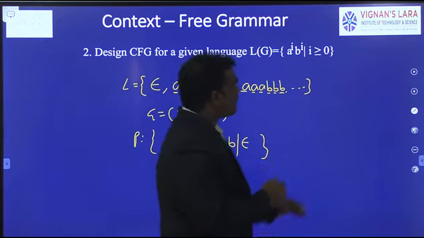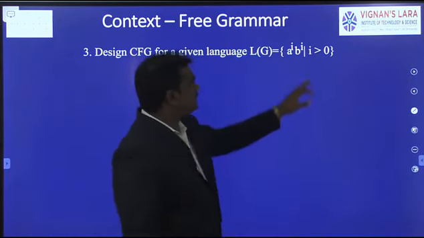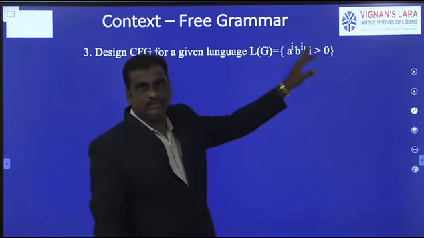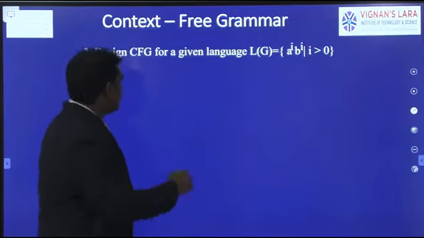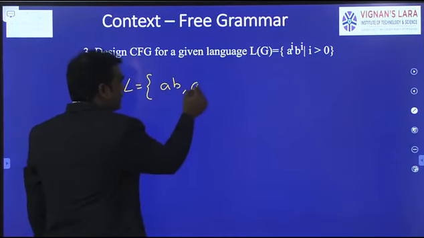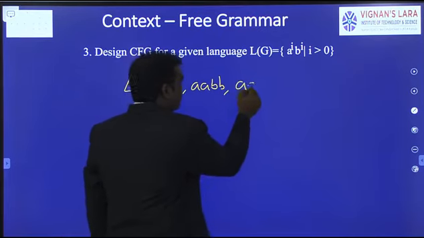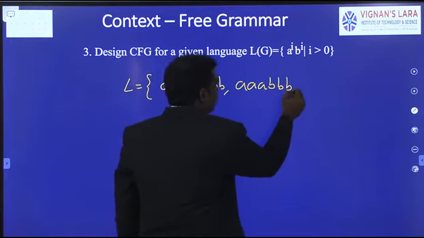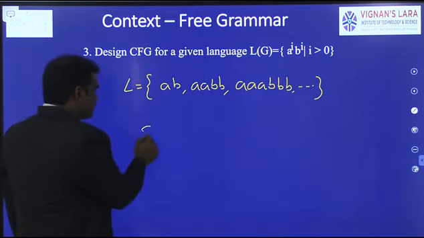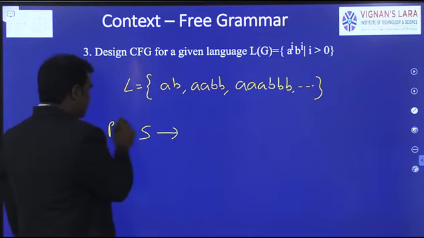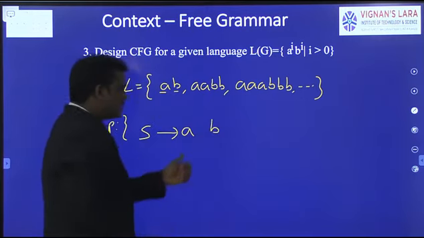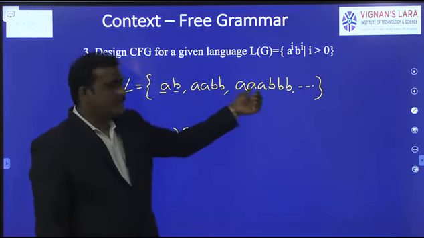Okay. Suppose the same problem. The difference from the previous problem is that the previous one starts with i equal to 0. Now this one starts with 1. If it starts with 1, what is the minimum string? AB. Next one is a squared, b squared. Third one is triple A, triple B, like that. Only the difference is 0. So here the grammar tuples are, first, define the production, S → A S B. Again here also it starts with A, ends with B only. So in between, the same AB is repeating.